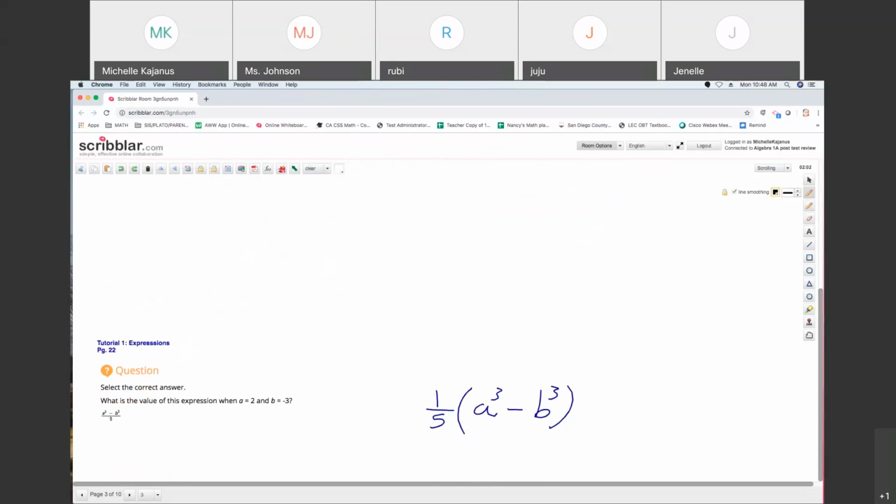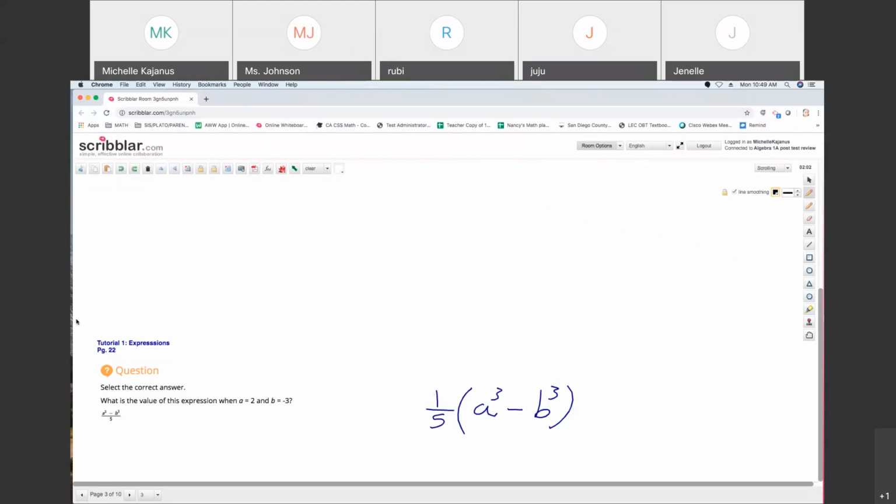Okay, this one is on page 22. The question is, what is the value of this expression when a is equal to 2 and b is equal to -3? Something that I wanted to point out